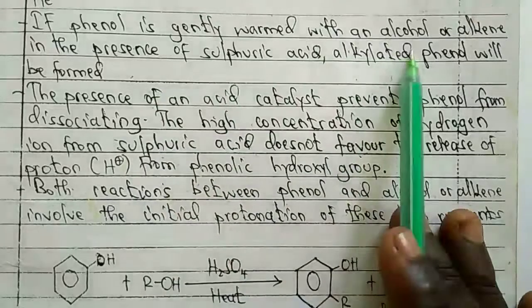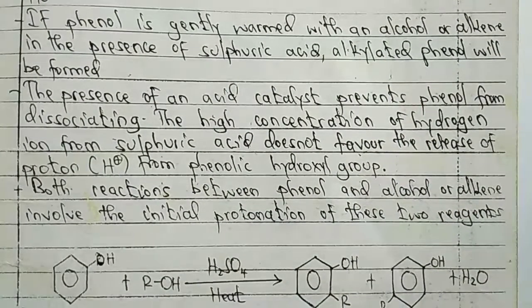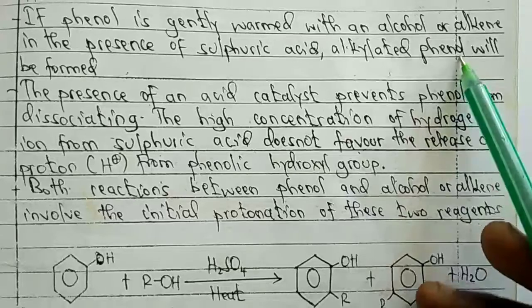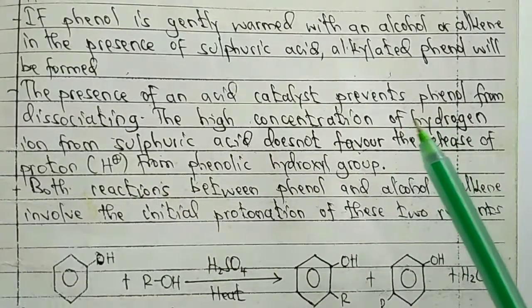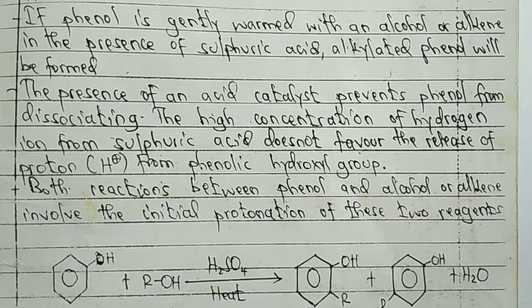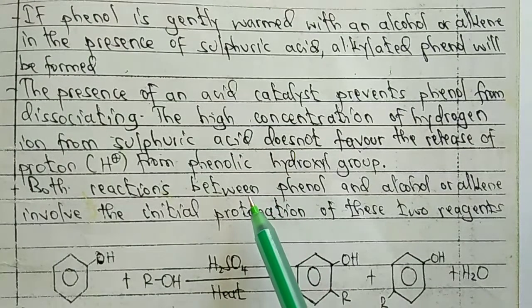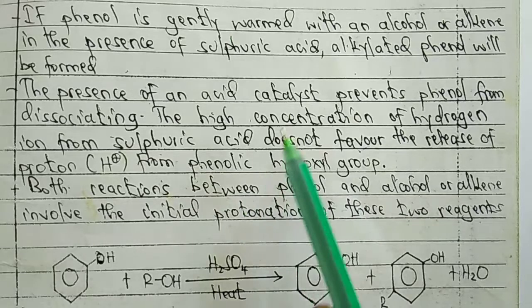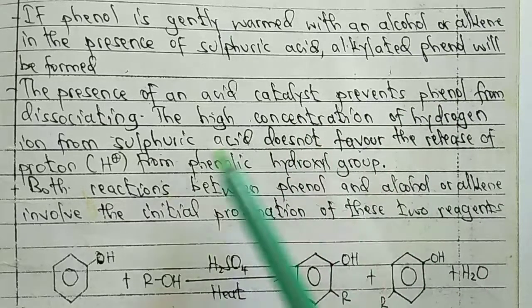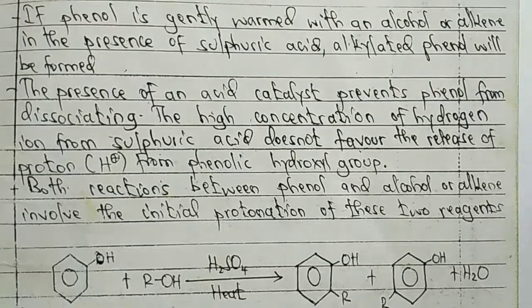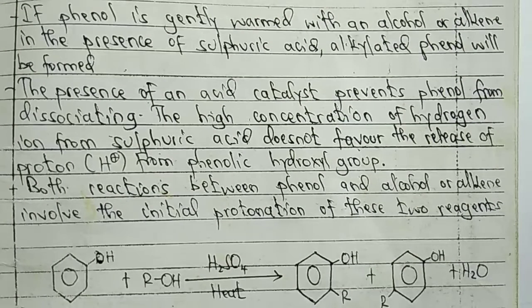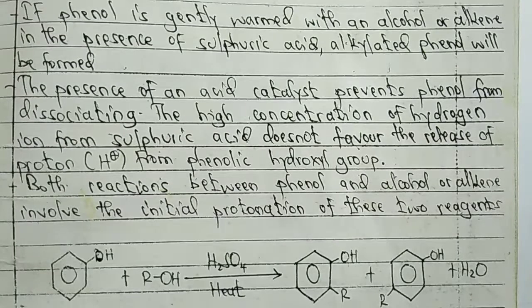If phenol is gently warmed, yani tumeiwarm kidogo, with an alcohol or alkene in presence of sulfuric acid, alkylated phenol will be formed. Unaona bwana? So the presence of an acid catalyst prevents phenol from dissociating, kwa sababu phenol yenyewe ni acidic. Unaona? Kama phenol ni acidic, tukiweka acid nyingine manake itaongeza concentration of hydrogen ions in the solution and thus prevent